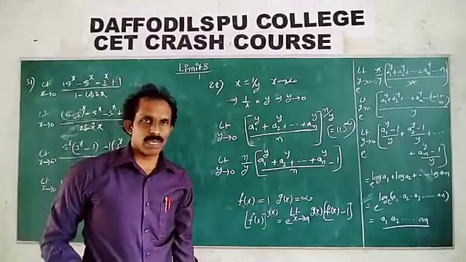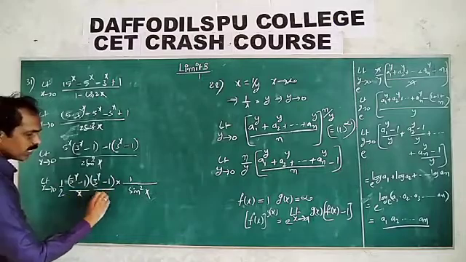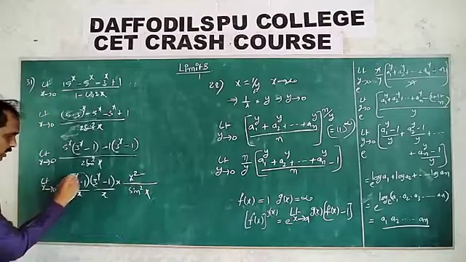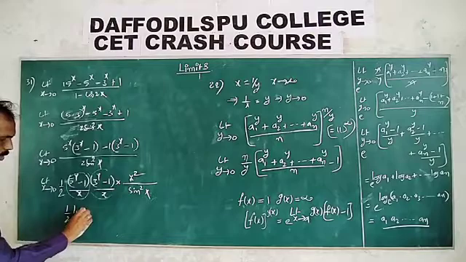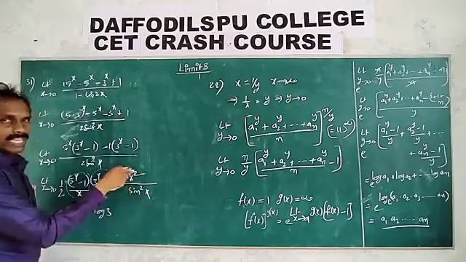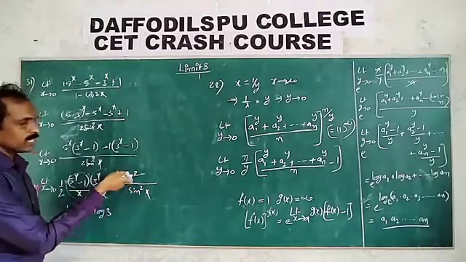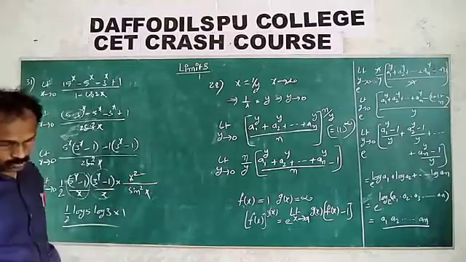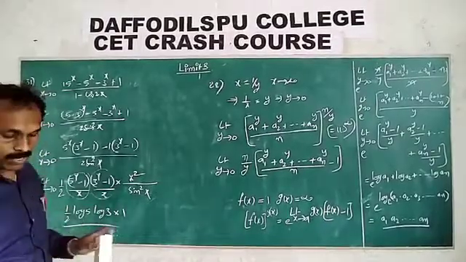(a^x - 1)/x equals log a. So like that we want one more x here, and here also one more x, into x square. So multiply and divide by x square here. This value is log 5, log 3. Therefore 1 by 2 log 5 log 3, sin x by x value 1, x tends to 0. Here is sin square x by x square, but this is reciprocal, that value is 1. So the answer is 1 by 2. So the first option is the correct answer: log 3 log 5 divided by 2.